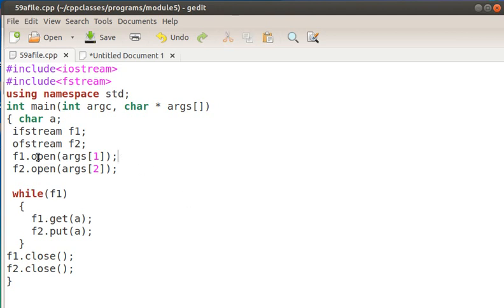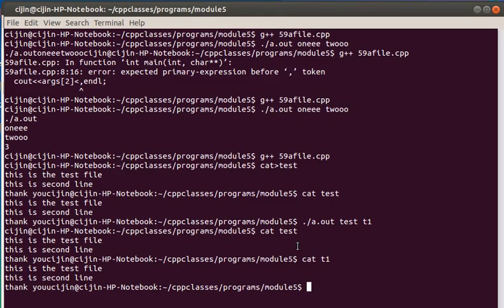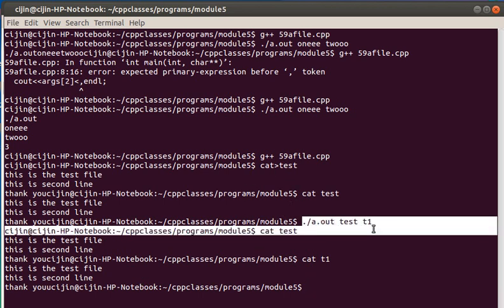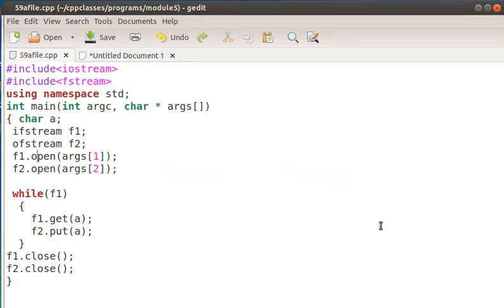So this is the concept of command line arguments. The arguments which I pass through the command line like this, ./a.out space test space T1. The ./a.out is obtained in ARGS of 0. We are not making use of it.